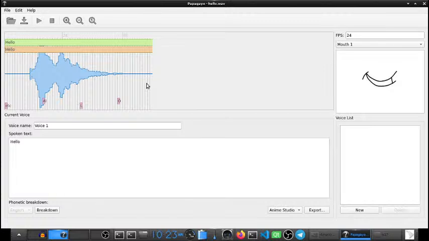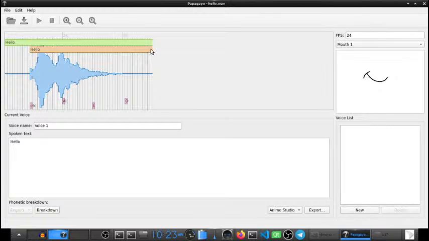So let's play it just like it is and pay attention to this mouth. Hello. The synchronization is not working right now because the sound occurs right here, and the reference of the word is covering the whole record, the whole audio file. So what I'm going to do right now is to adjust the text to make it fit the word. The word starts right here and ends here.